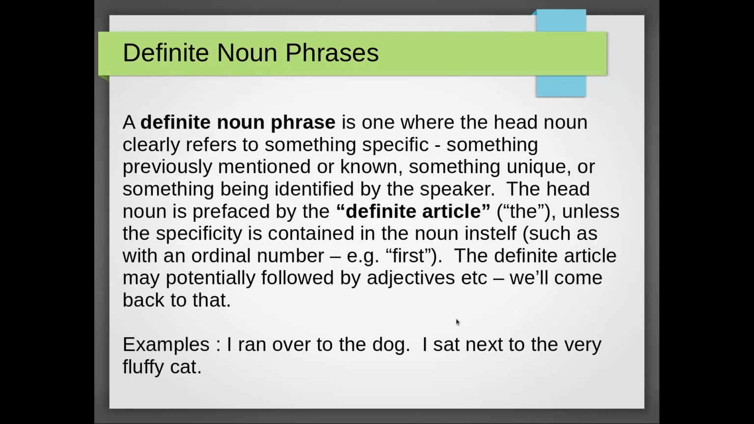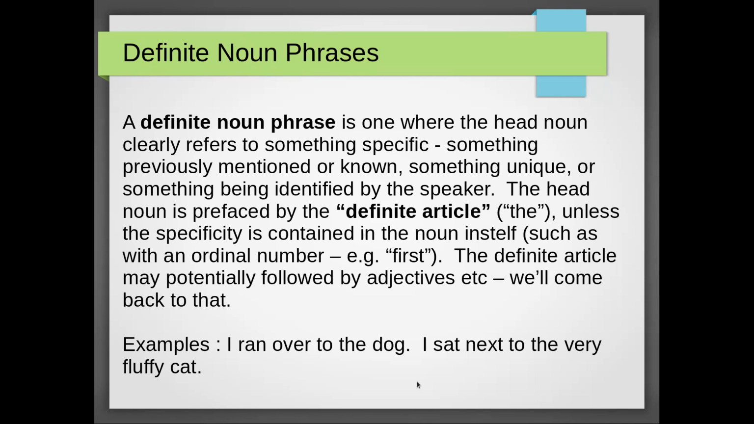And then we talked about a definite noun phrase, and that's basically a type of noun phrase where the head noun refers to something specific. It's typically prefaced by the definite article, the word the, unless the specificity is contained in the noun itself. So an ordinal number such as first, you don't need the word the in front of that because the noun itself conveys the specificity. So I ran over to the dog, I sat next to the very fluffy cat, are